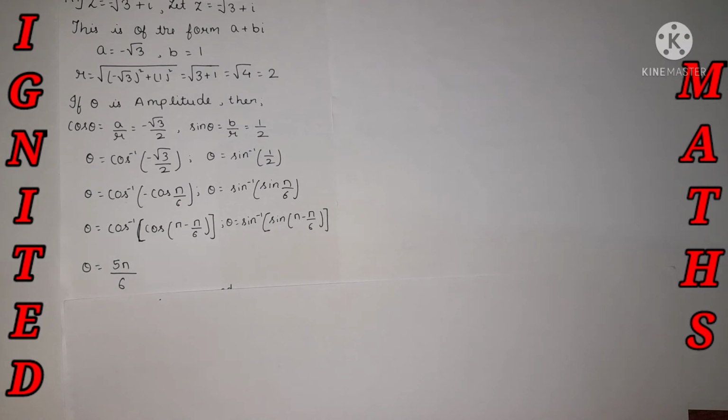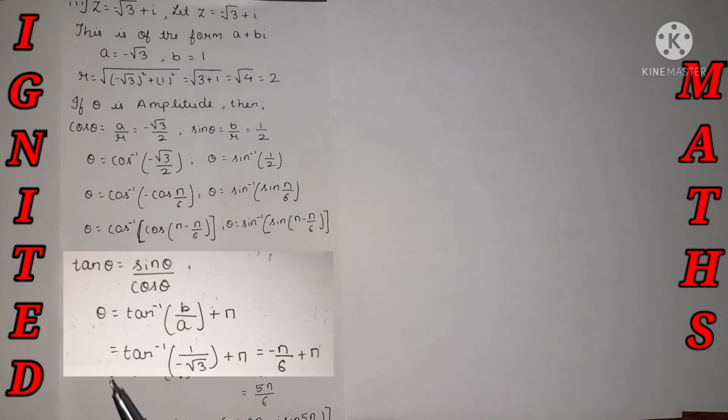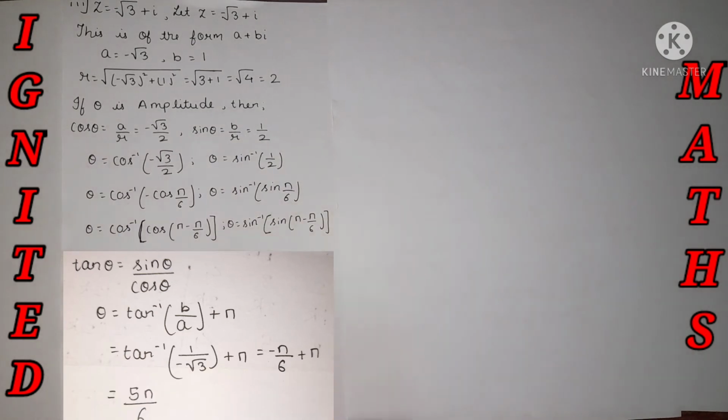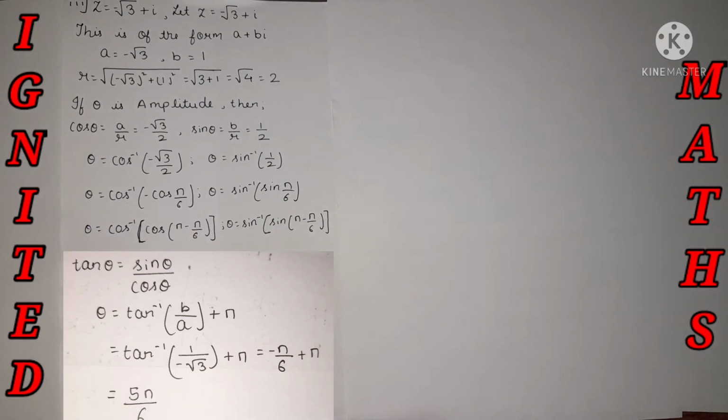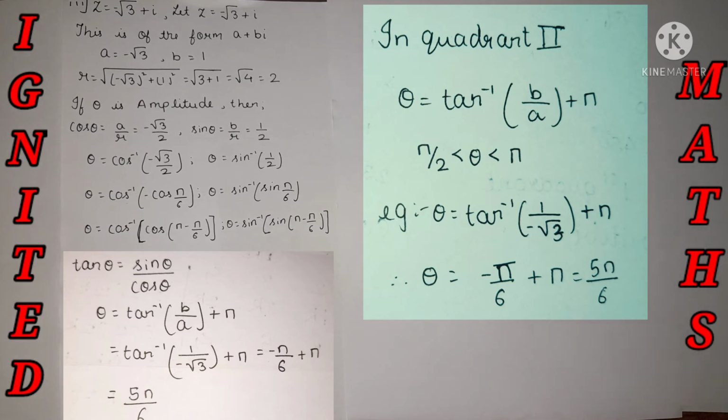Now the other way of doing it, by remembering the quadrant, we can find it, as I mentioned. Over here we are going to apply that. So let's find the value of tan theta. Tan theta is equal to sin theta by cos theta. Just put the values and we get the answer as minus 1 by root 3. Tan of pi by 6 is equal to 1 by root 3. Over here it's minus.